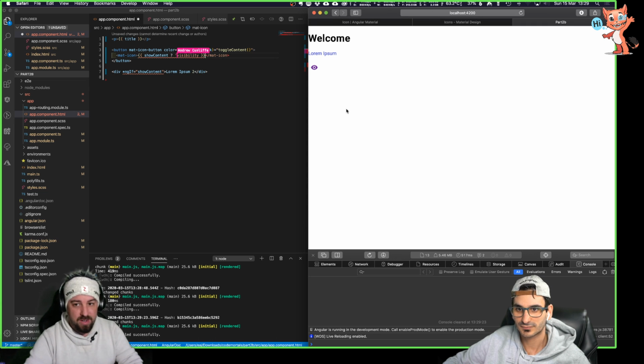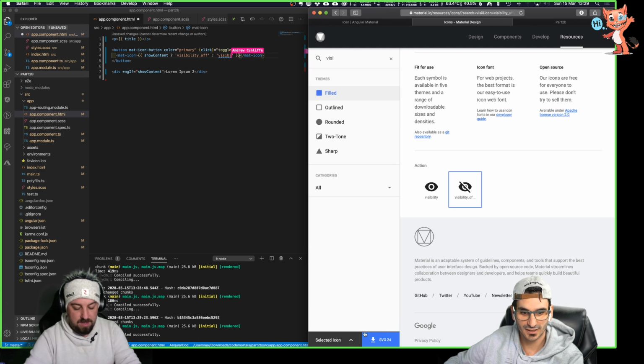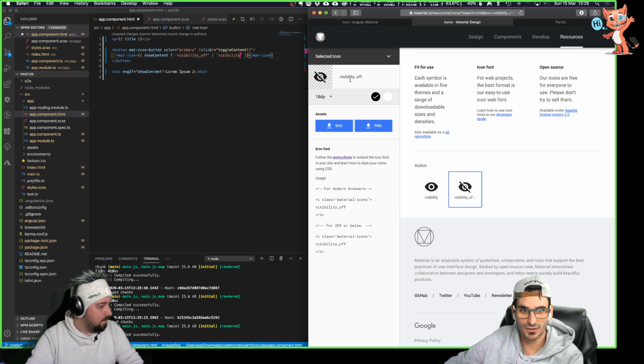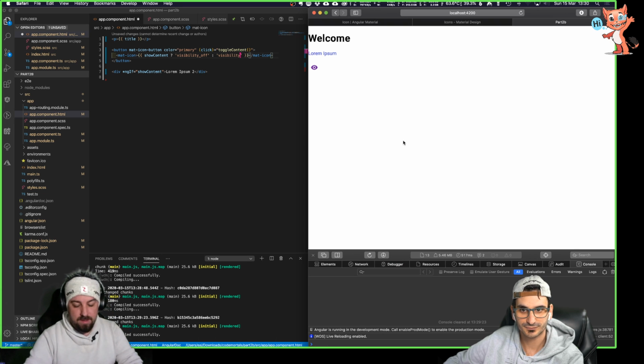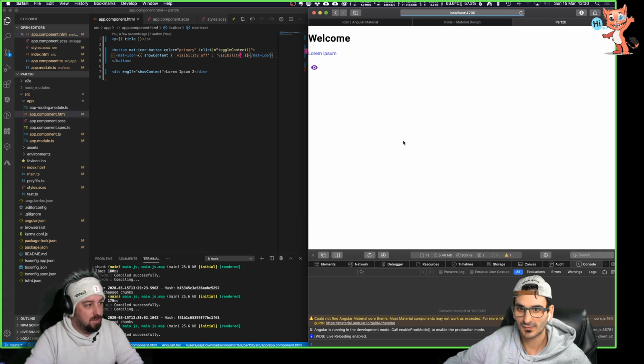So we can do a ternary in here. And if it's, which way around do we want it? If it's true, so it's shown, then we want to have visibility off, underscore off, I think. Let me check. It is underscore off. Yeah, that's correct. Okay, so if I save that, if I've got it the right way around, so at the moment there's an eye saying, I guess, to show it, and then if you click it again,